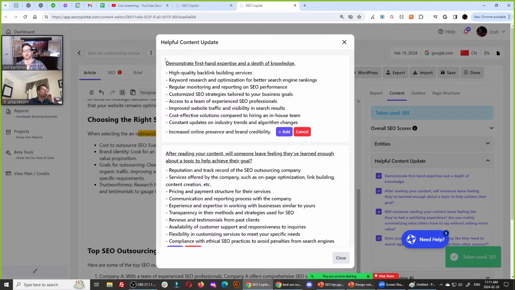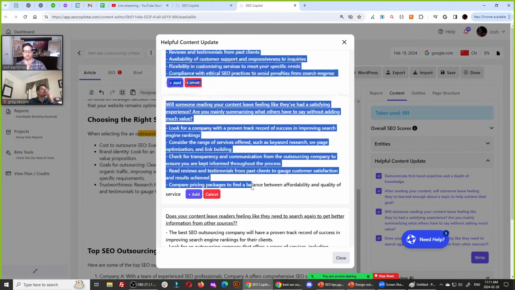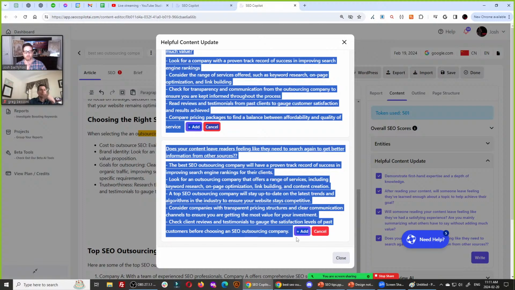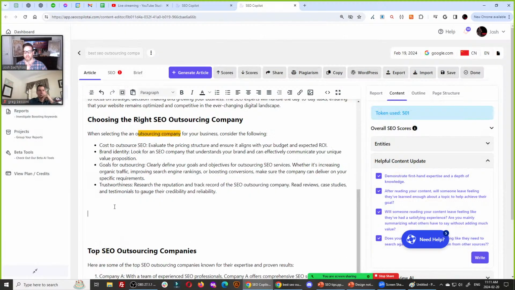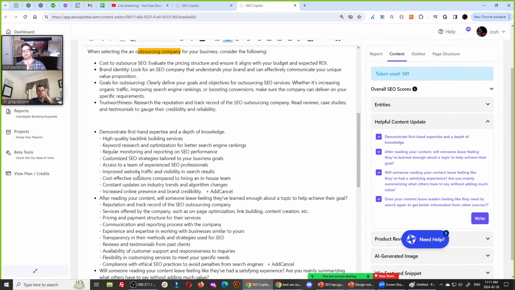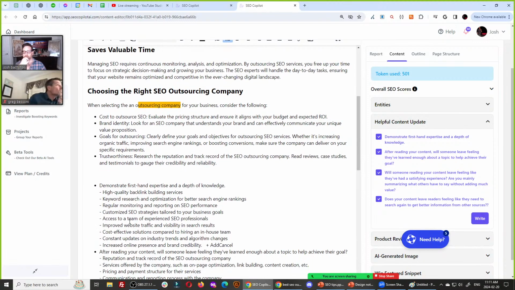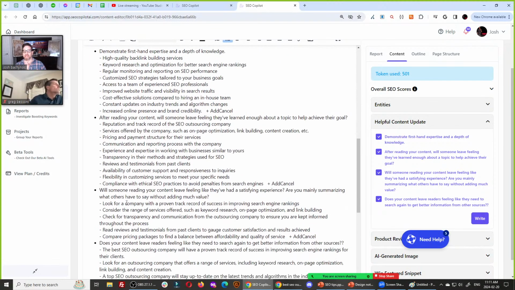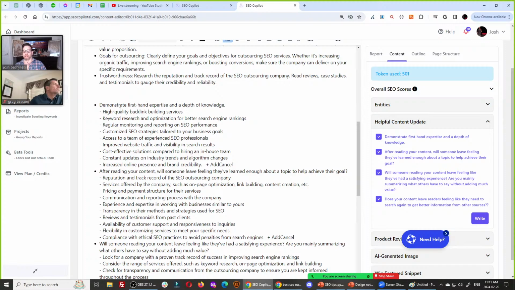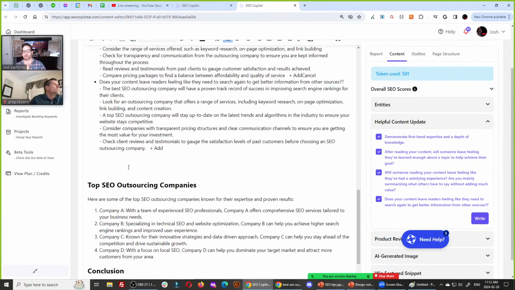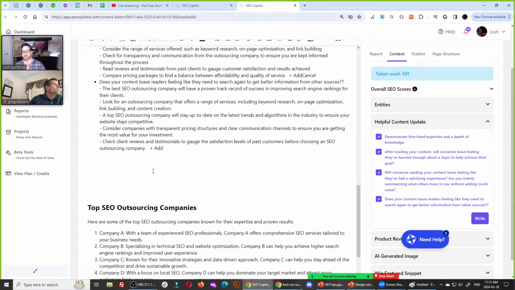So I'm going to just highlight all of this, whether I'm writing it or not, and I'm going to copy and paste it, close, and I'm going to add it all into here. I'm going to add it all in. And so that is going to be good information, possibly, depending on what they're doing here. Then the next information we're going to do,